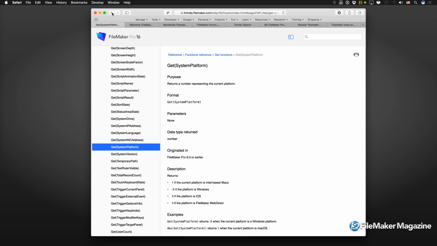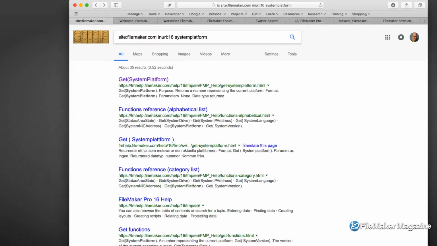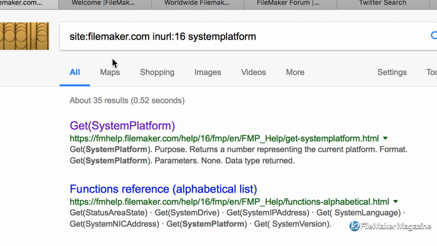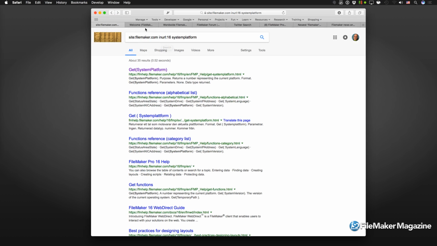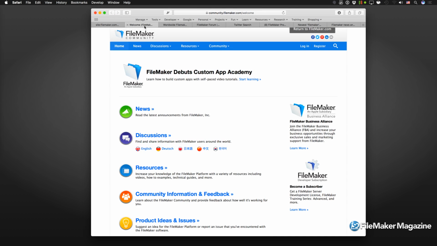So knowing how to use that particular method of searching is going to pay off very big when you're learning FileMaker. Reason being is we can use our resources now in order to search that. And what are our resources? Well, here are the most popular ones. We have